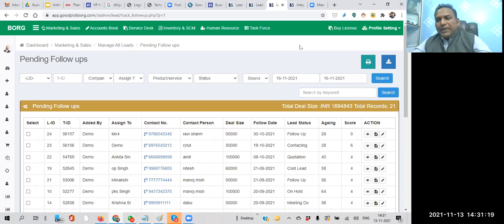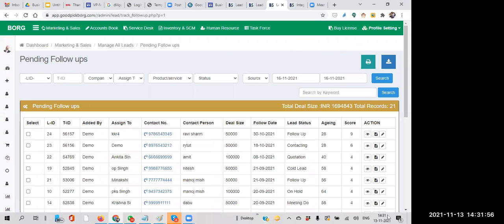So cold means the lead has a little less score, in the range of 1 to 10. For example, if the score is 6, you can mark it cold. If the score is 7 or 8 or more, you can mark it warm. If it is 10 or 9, that can be marked as a hot lead. That depends on the definition, which varies from company to company. There is no standard definition available for those stages. Okay, sir. Thank you, sir.